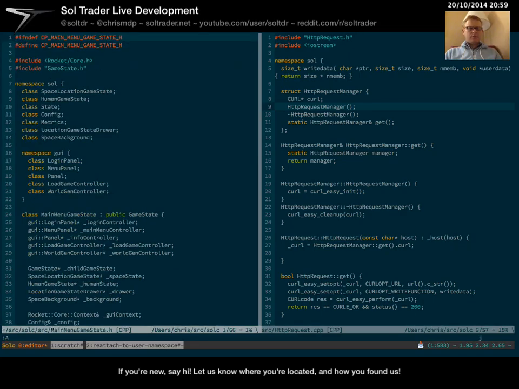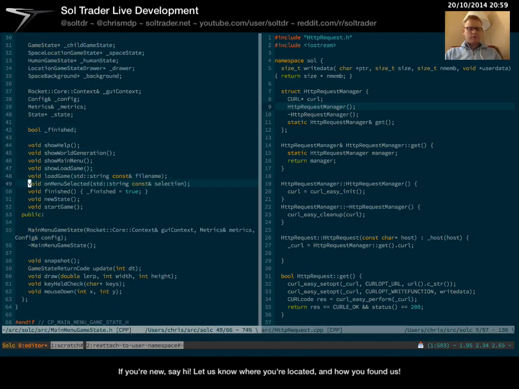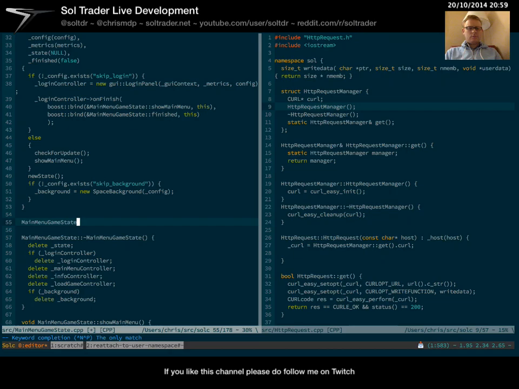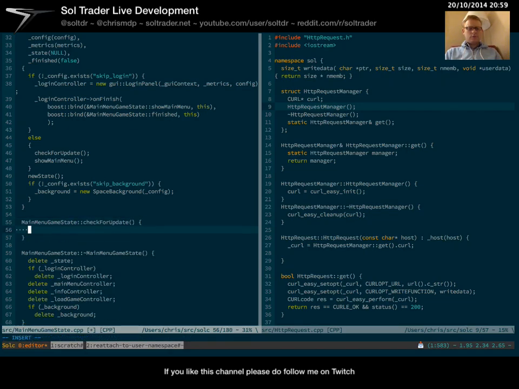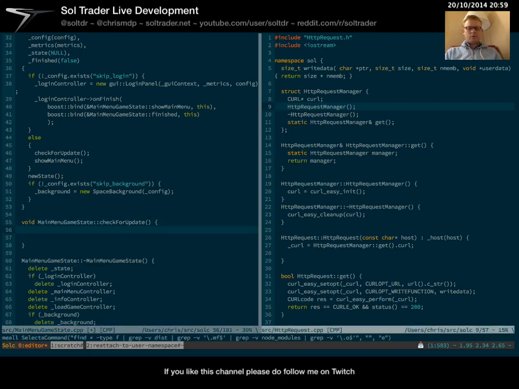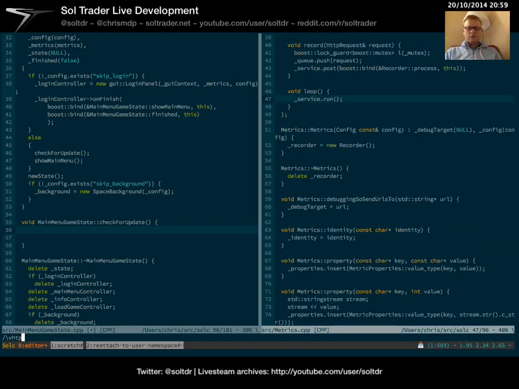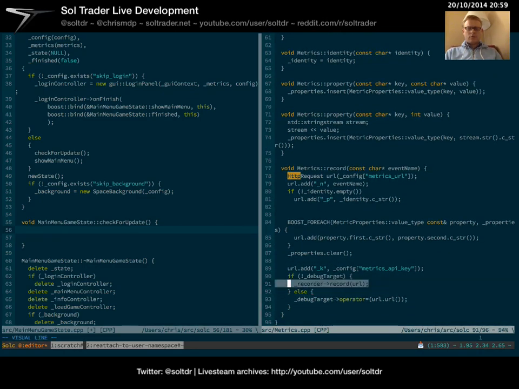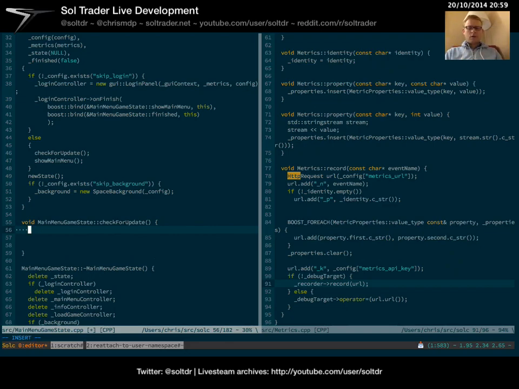So really, in my check for update method, let's just riff on this for a minute. What would I like to be able to do? I'd like to be able to do something like this. Just like my metrics code just creates these things, recorder. I want to be able to say recorder. It's not really a recorder, it's a retriever, get or retrieve